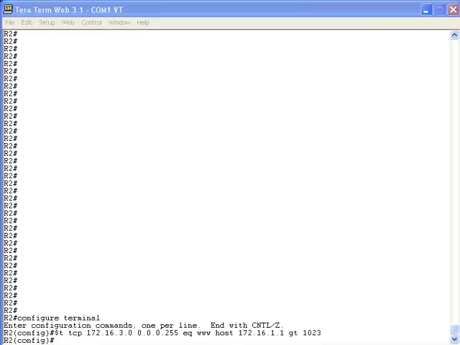The second criteria that we need an access list command for is very similar to the first, the differences being that we care about the entire subnet on the left instead of a single host, and that the application is Telnet instead of World Wide Web. So if you give me a moment to type in this latest access list command,